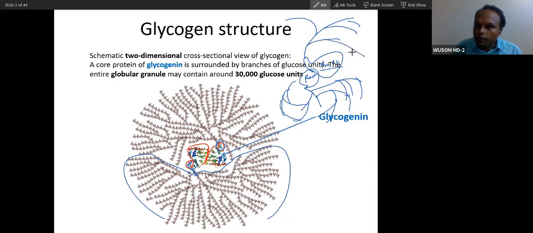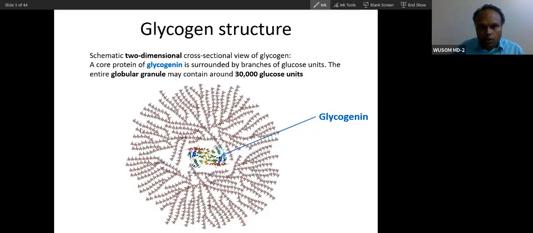With this one trunk there will be multiple branching, branch on branch. You can see there is a branch here, on this branch there is a second branch, and again another branch. On that branch there will be another branch. So multiple branching, a very highly branched structure. This glycogen is a very highly branched structure. So you understood the structure of glycogen, and you know that at the center there is a protein called glycogenin. Now I will tell you one thing.